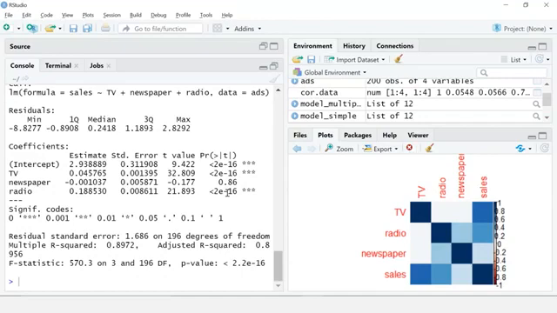However, for TV ads, our coefficient suggests that for every $1,000 increase in TV advertising budget, holding any other predictors constant, we can expect an increase in sales of 45 units on average. Similarly, the radio coefficient suggests that for every $1,000 increase in radio advertising, holding all the other predictors constant, we can expect an increase of 188 sales units on average.